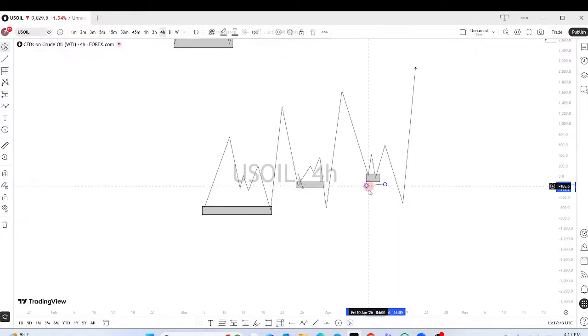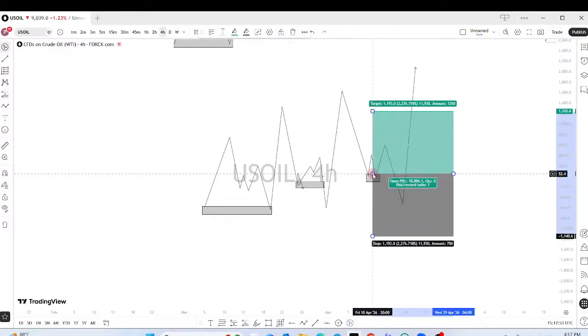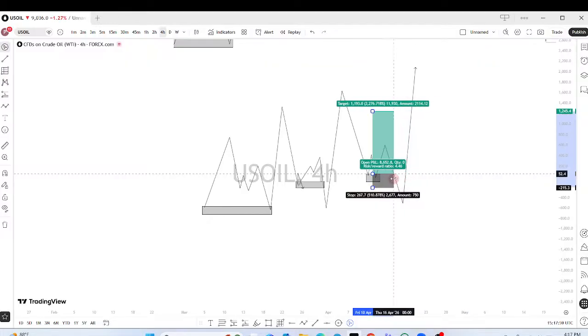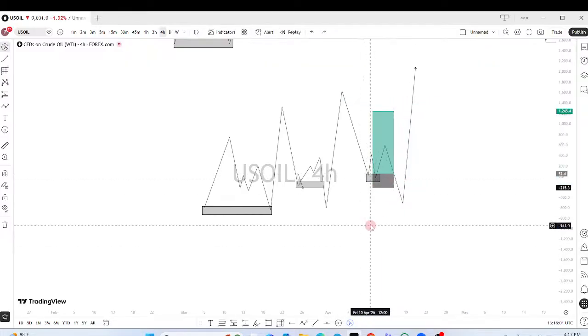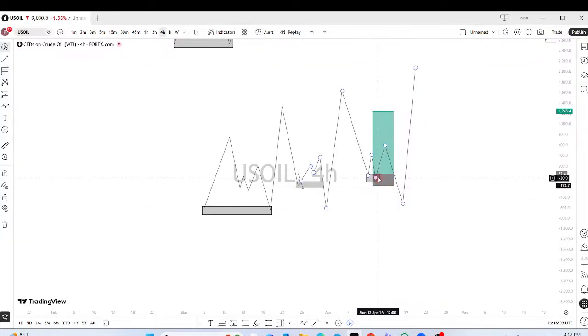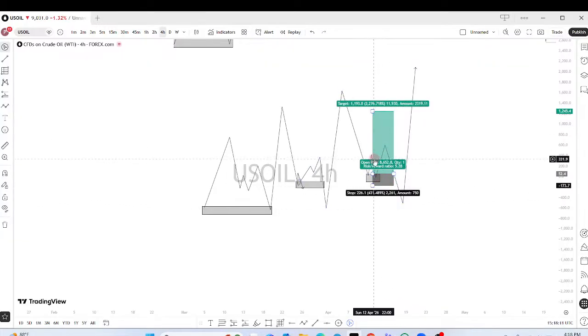Imagine you buy around here, then you put your SL around here, hoping price will tap here, then will give you this massive buy, but no. Price will tap here, will give you that intent that it's going to buy, but it will come back, and